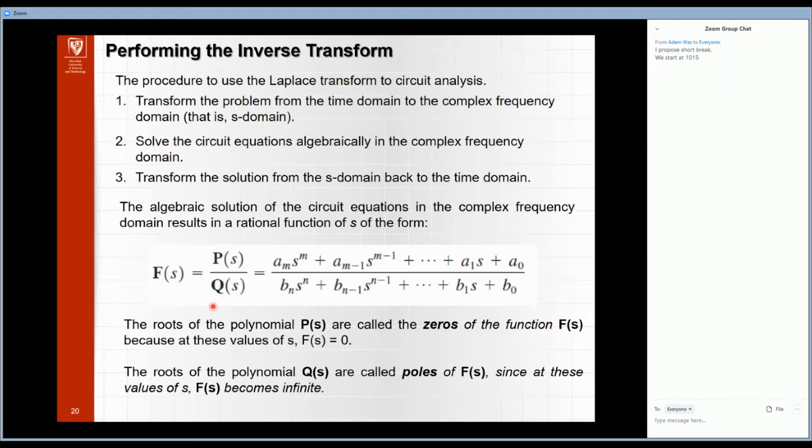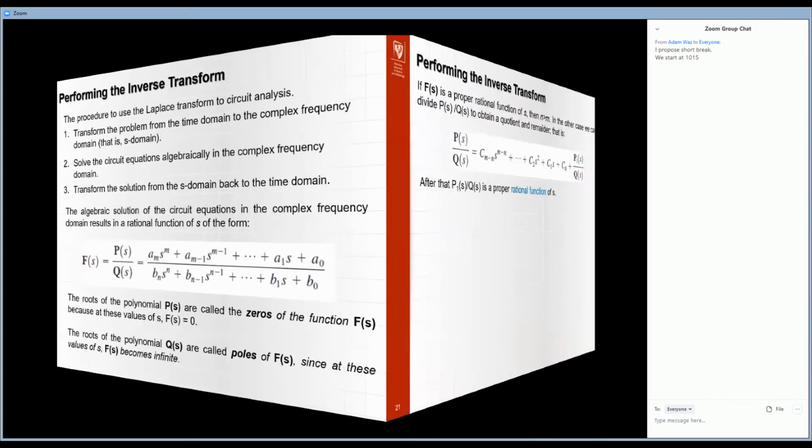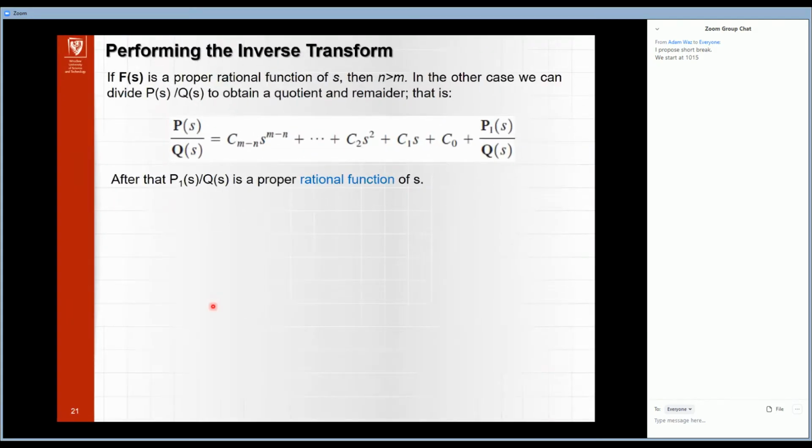So we can try to remember that the zeros are connected with the numerator and poles are connected with the denominator. Okay, and if F is a proper rational function of s, the condition is when n is bigger than m. In the other case, we can divide P by Q to obtain a quotient and a remainder. After that,